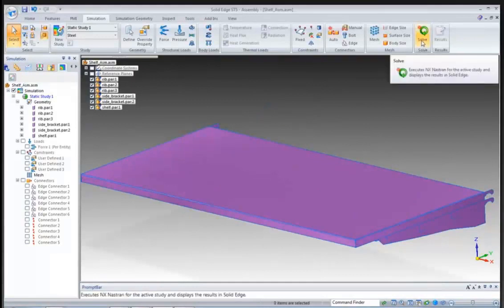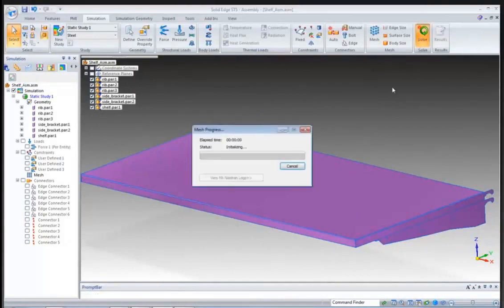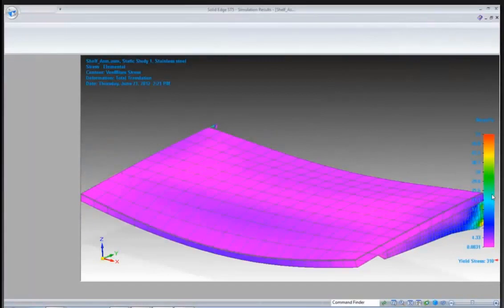And then I could go in and I could mesh. But in this case, what I'm going to do is just go ahead and solve because I want to see what the default mesh gives me. And the reason that I want to do that is because I've made a bunch of assumptions here. I've made assumptions in how I've loaded